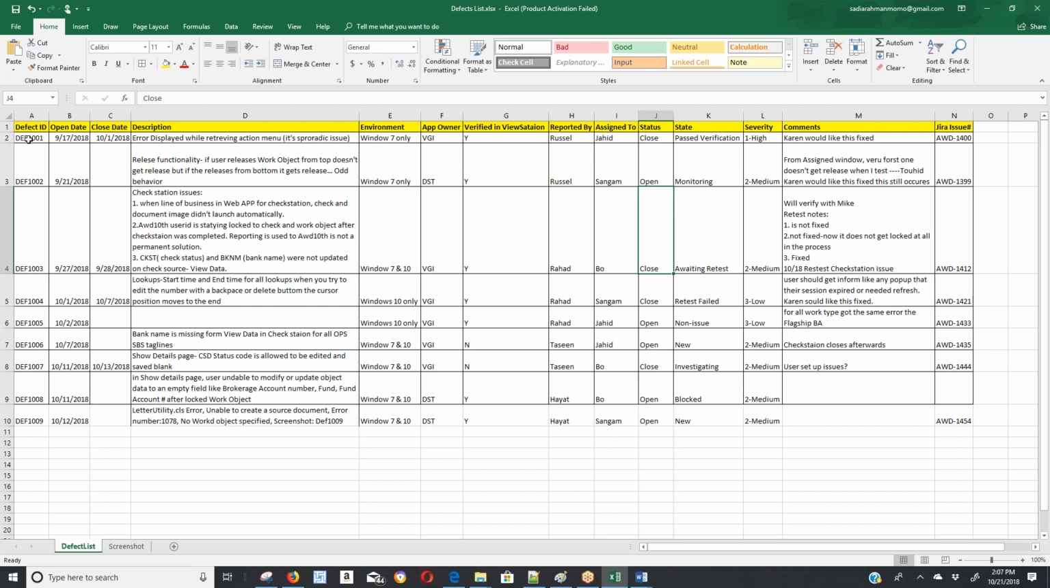Suppose defect IDs start with DEF and then some number. Then the open date is the date when you opened it, and the close date is when you retest, when it has passed and been fixed, then you put the close date. Close date should be your pass date. That means it is passed, the functionality or defect is retested, and it is working as expected after